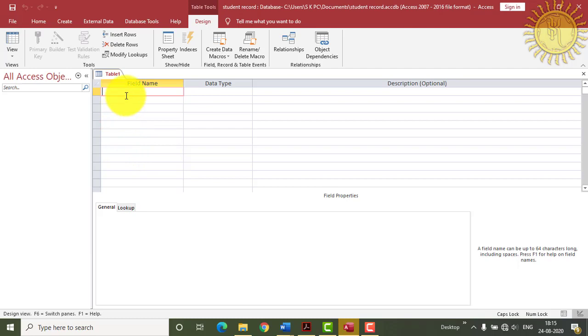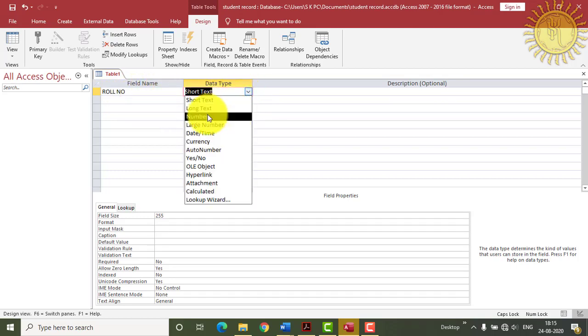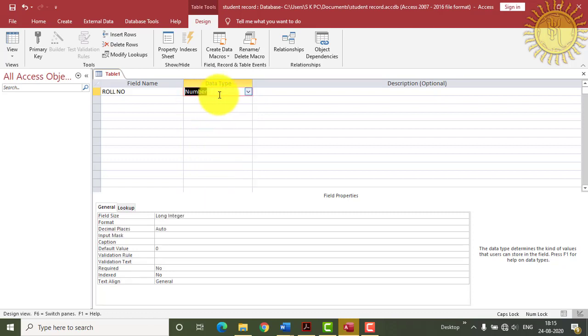The first we will write in this is roll number. And in this data type, you know that roll number is in the form of numbers, so we will select the data type as number.